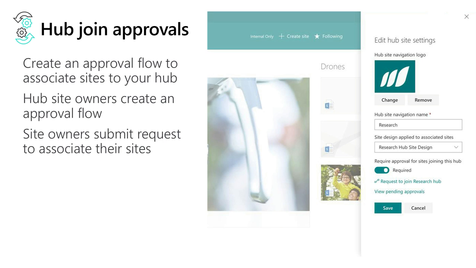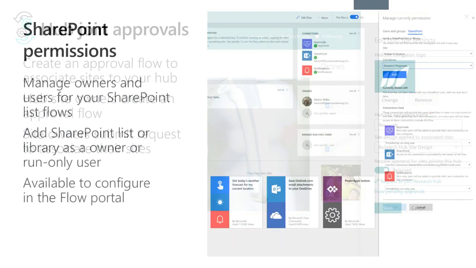Based on your governance, you may not want someone to be able to set up whatever team site they want and attach it to your organizational news hub and start feeding news about their kid's soccer game and Girl Scout cookies into the top level news feed of your organization. This gives you some control over what happens in that environment.